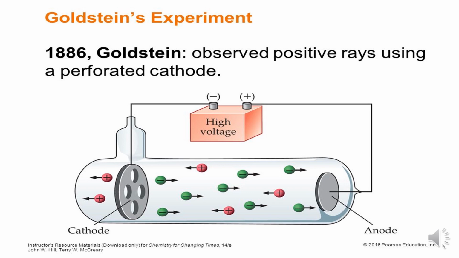This means that anode rays, or positive rays, consist of positively charged residue that is left when the electrons are removed from the atoms. So this is said to be anode rays. The rays which are coming are nothing but hydrogen atoms which are free from electrons. They contain only positive residue. They are nothing but protons, and they are moving through the perforation of the